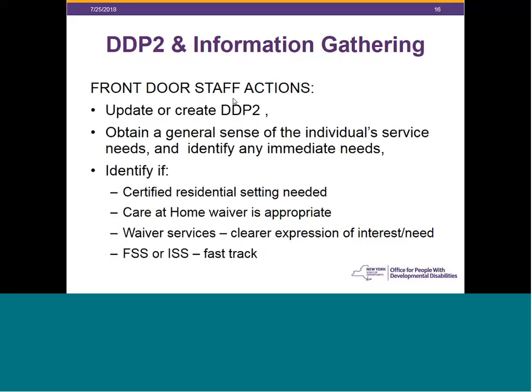That has been distributed to people, both front door and to CCOs, so it's the Choices user guide. If you haven't seen it, then make sure you try and secure it because it's an important tool and guidance document for you. And then finally, we talked about the LCED date being entered into Choices and then transmitted to TABS after the front door staff enters that.